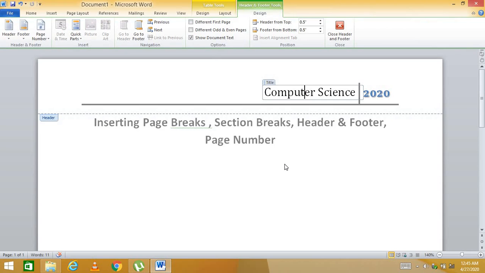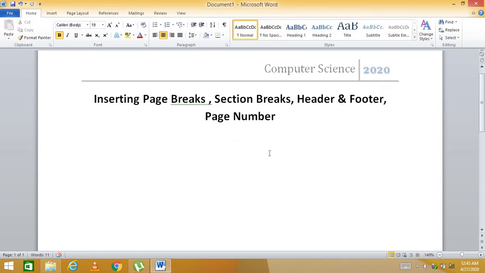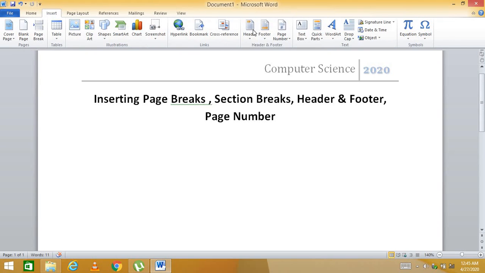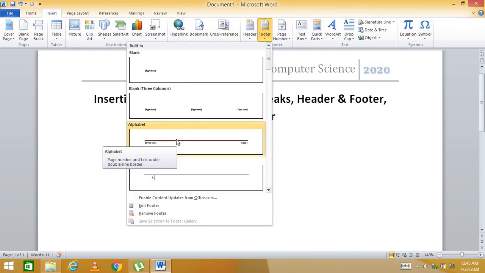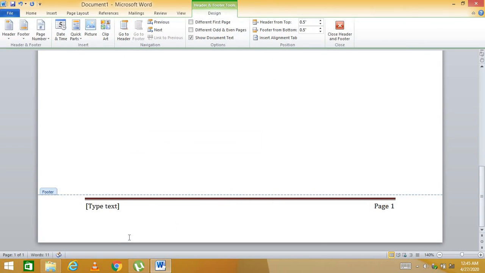Okay, so let's discuss how to insert a footer. Same is the way, go to the insert tab, click on the footer and choose the footer of your choice. For example, I would like to take this one. It will take you to the bottom of the page. I will write here New Grammar School, page 1 definitely, because I am done with only one page. That's why I'm writing over here page number 1.